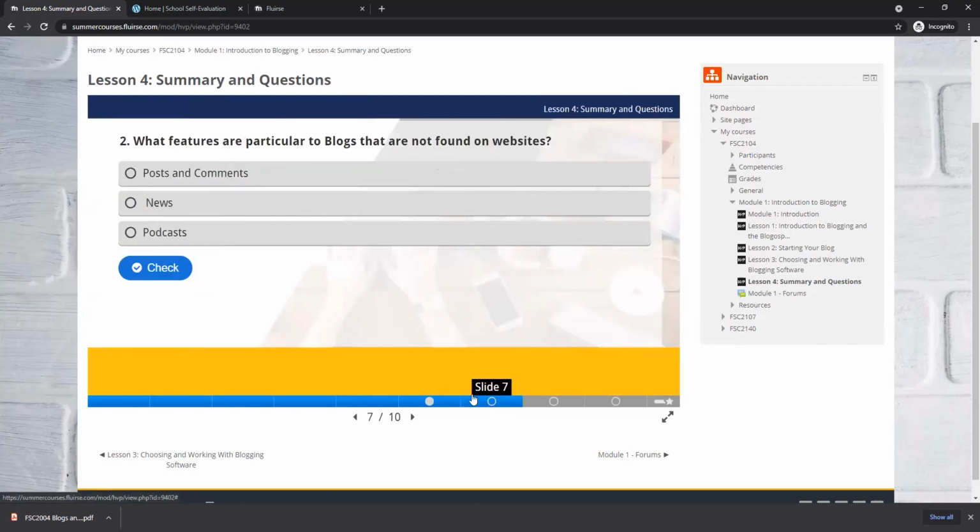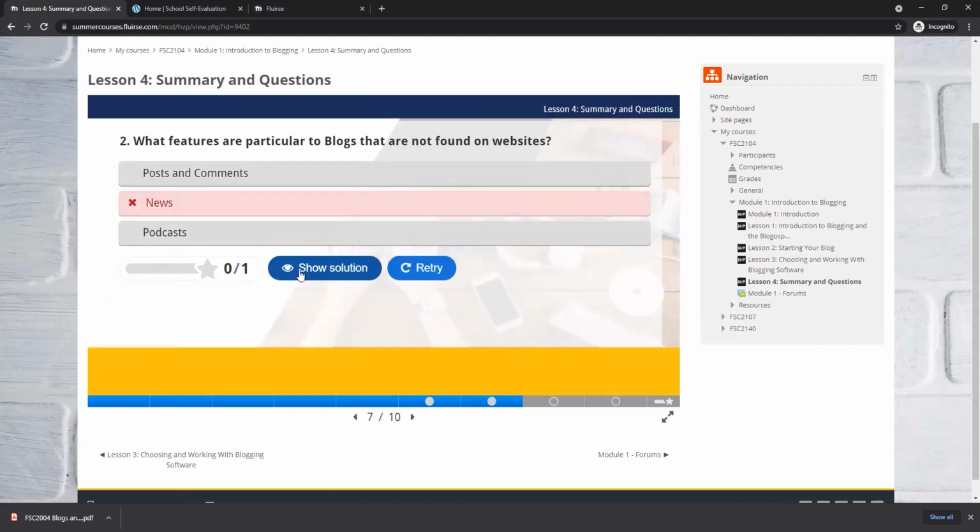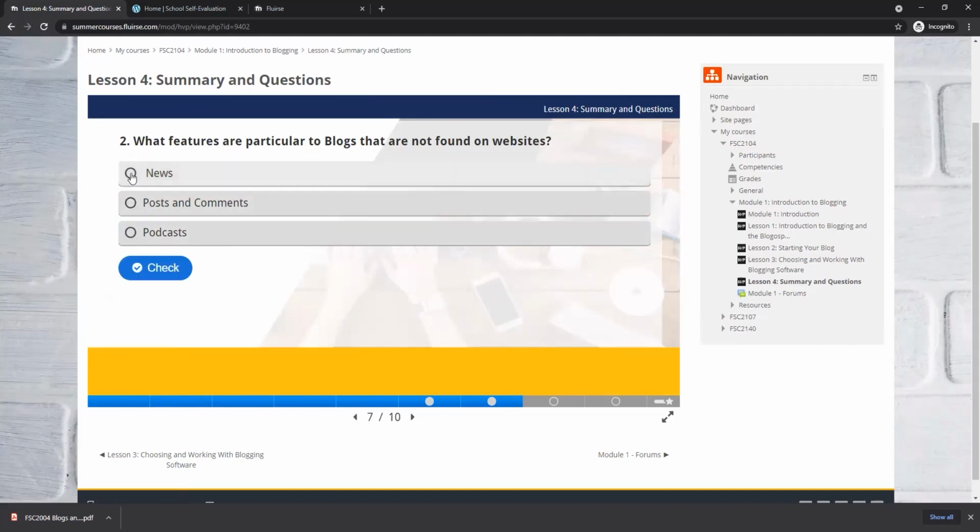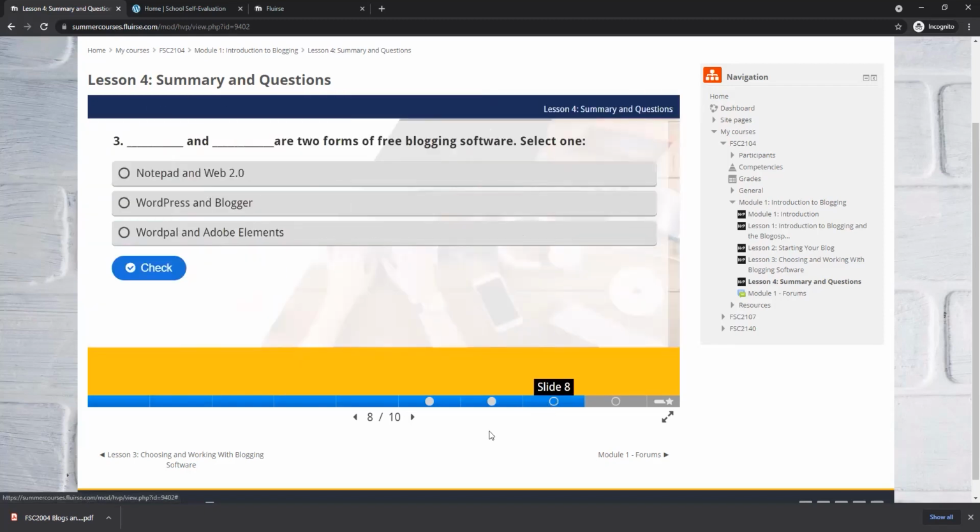So again, I click here. And what feature are blogs particularly not found on websites? So I'm going to try this one, but I'm not sure. I'm wrong this time. So I can check the solution by retrying. I think let's try this one. And I'm wrong again. And I could try this one and so on. So where was it? It must be posts and comments. So there we are. So now I've got that correct. I can move on. And these are all different. You'll see different ways of assessing and so on, but that's how you navigate those,